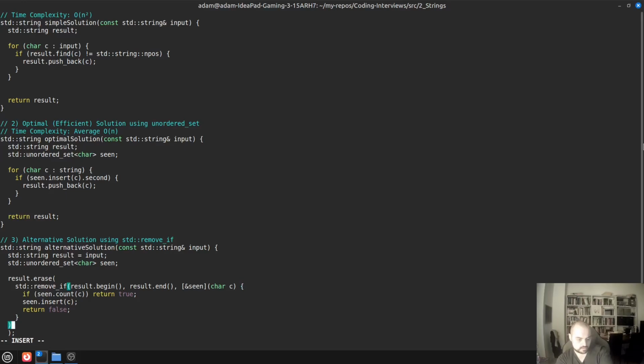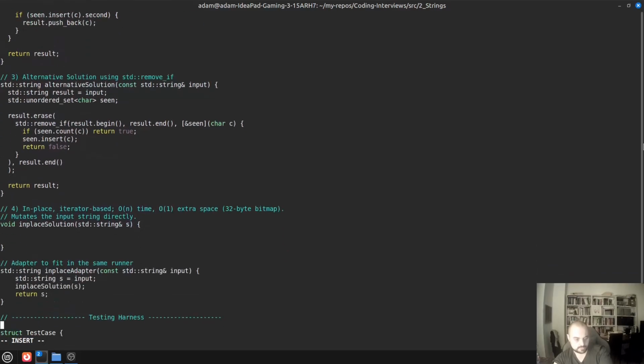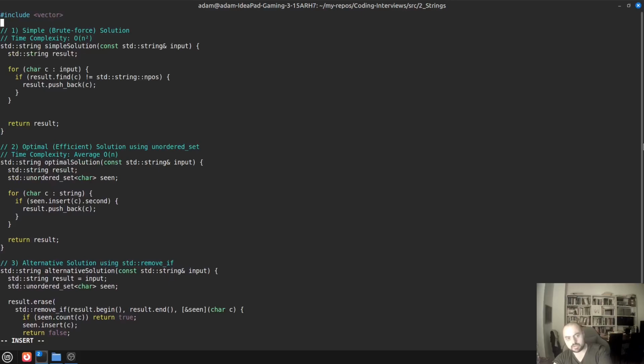Now we can close remove if, and we can also close the range result dot end. That's it. Now the final approach in place should be the fastest one and the one that wastes the least amount of memory. But even in case of those approaches, in practice, if you try to compare their speed,